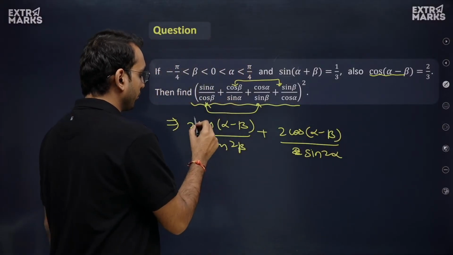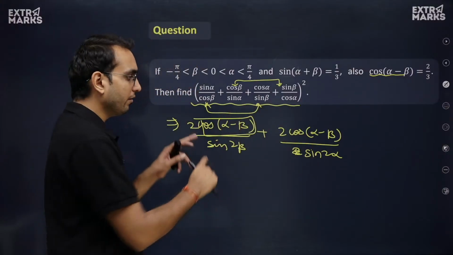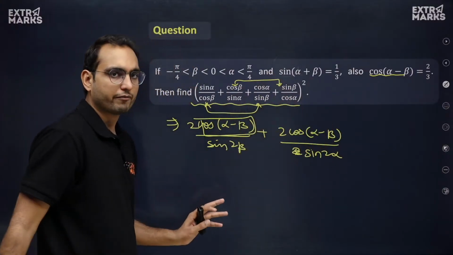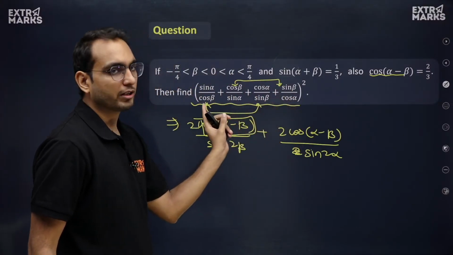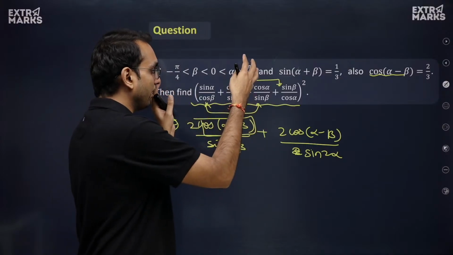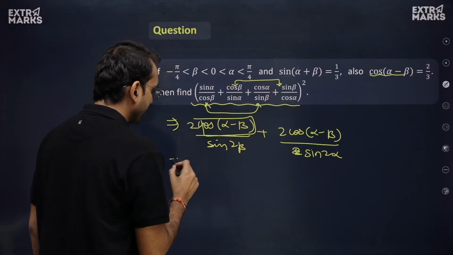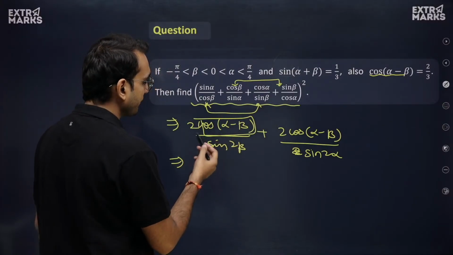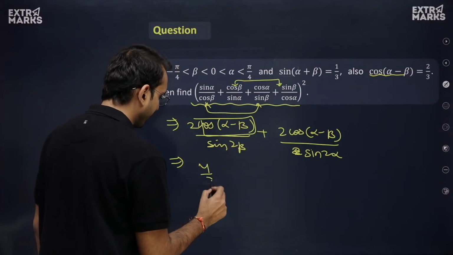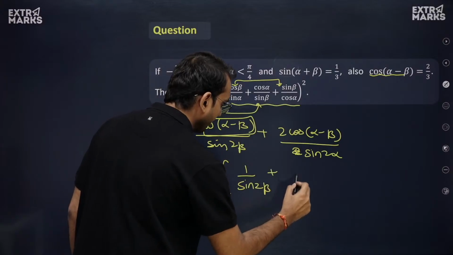Now cos alpha minus beta, let's find the value of this and then finally we'll make the square of that. Okay, we have to actually find the square value of this. So let's find out the value of the expression which is inside the square, right? So we can take out common 2 cos alpha minus beta, which is given as 2 by 3. So 2 into 2 by 3, that is 4 by 3 into